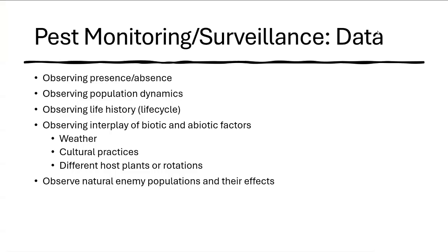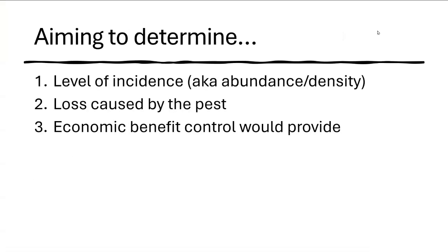So when you're looking at all the tactics that we'll talk about today, and even some of the models, keep in mind that there are some tactics and tools that you can use to understand your natural enemy populations and how they're exactly going to interface with a pest population. So our overall goals